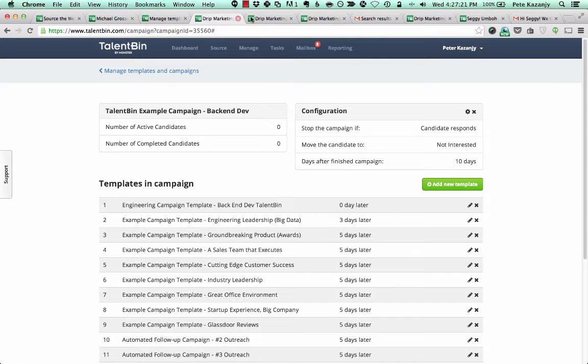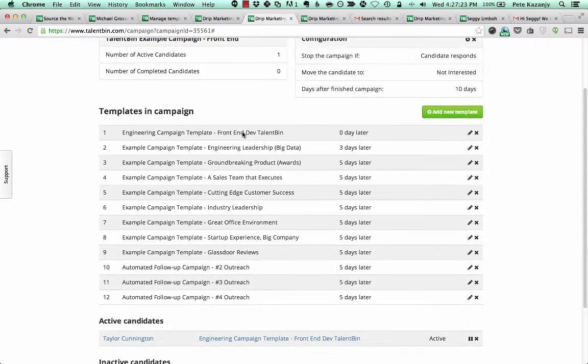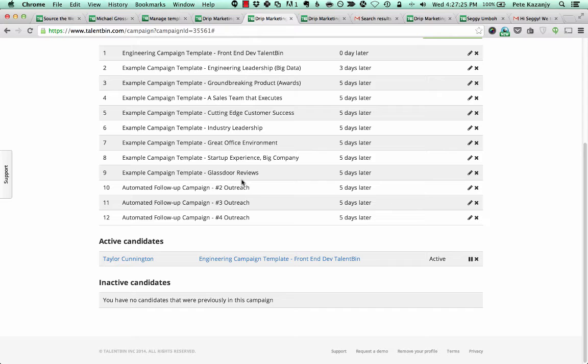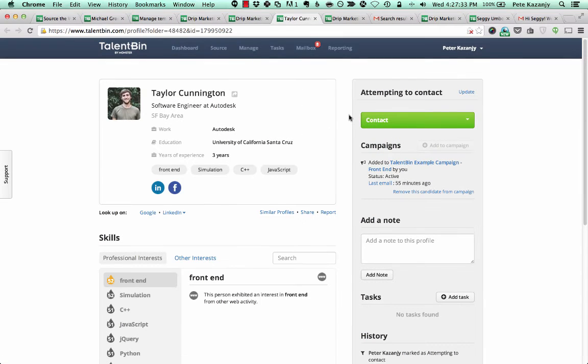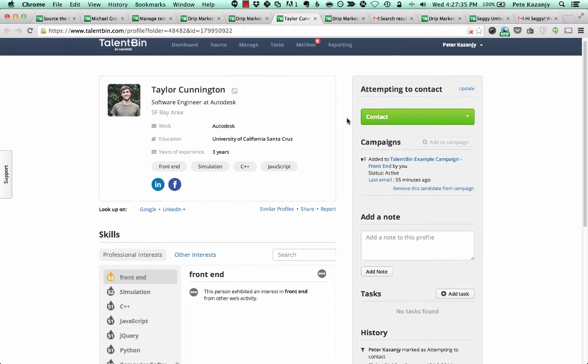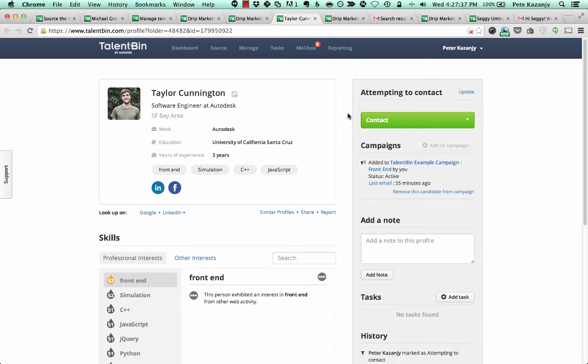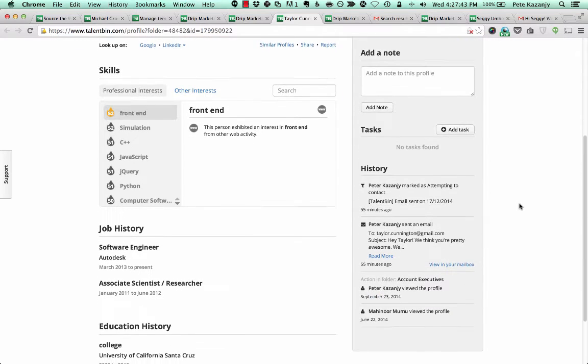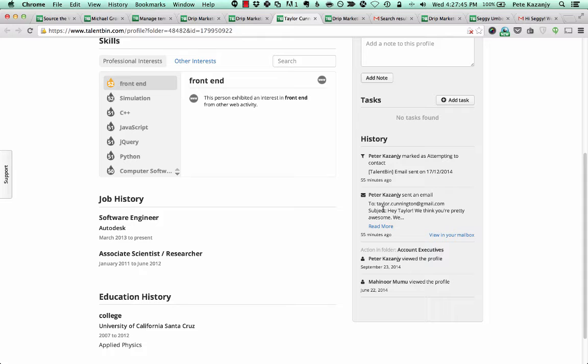So as an example of this, I can go to, I believe, the front end. Here we are. Our front end campaign right here, and you can see that one of our front end developers, Taylor, worked on some of our cool features. I put him in this campaign just as a joke with him. You can see that I added him to the front end campaign 55 minutes ago. He's in an attempting to contact state right now because the system automatically sent him that